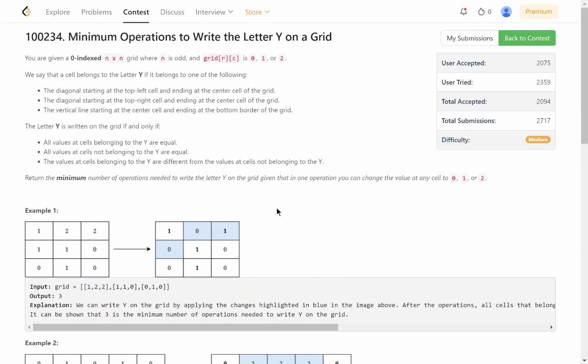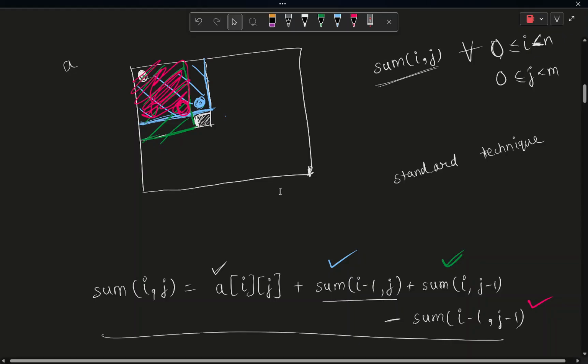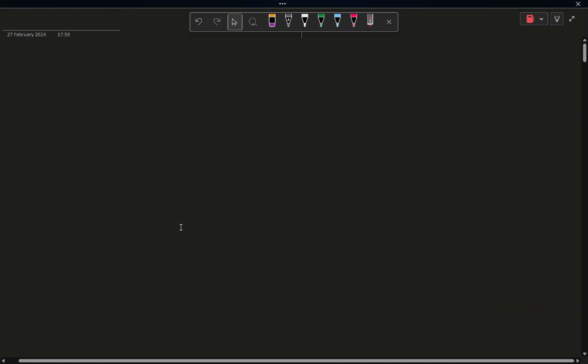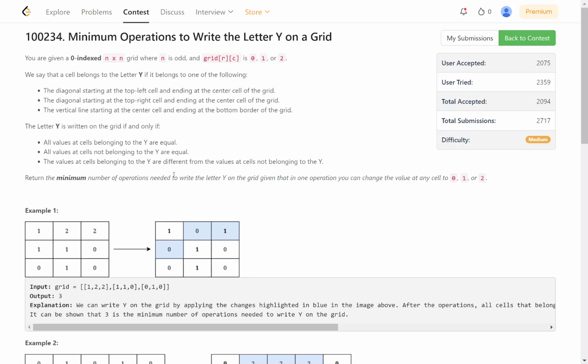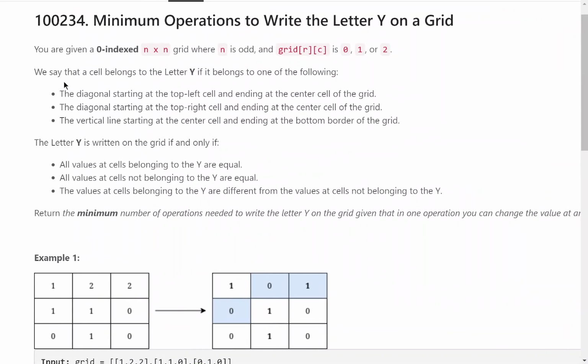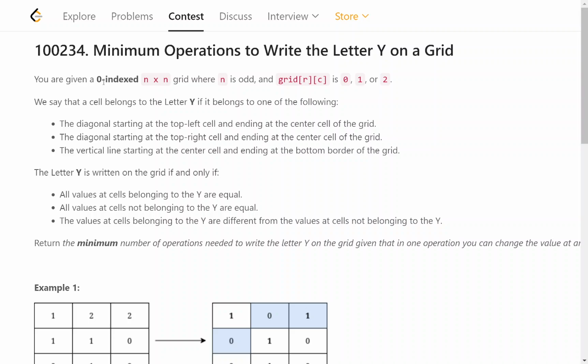Let us look at the third problem. This one is a lot easier than what we expect for the third. B problem was a bit harder than what we expect for B, but C is easier than what we expect for C. In the C problem, what it says is we have been given a zero indexed